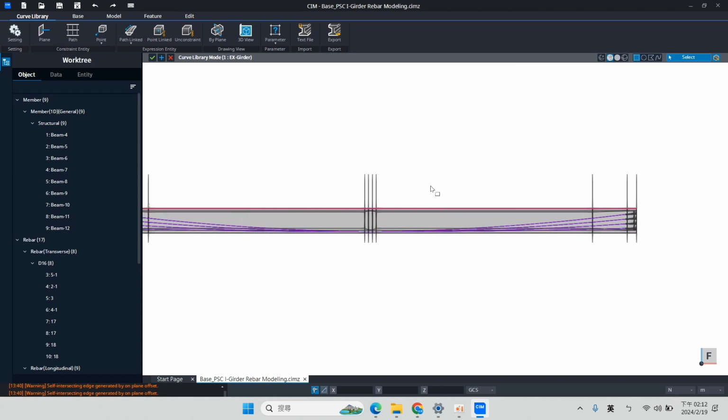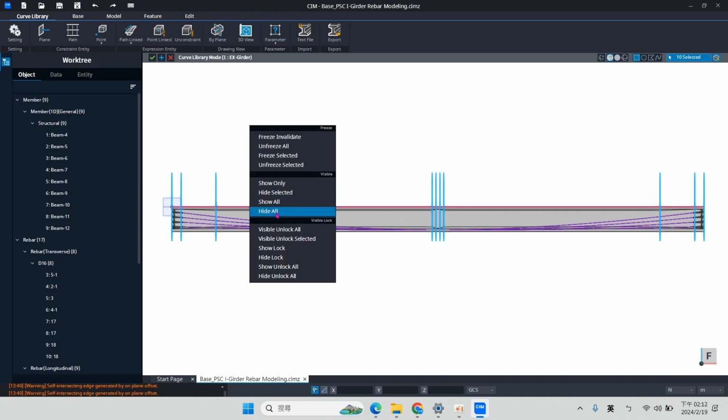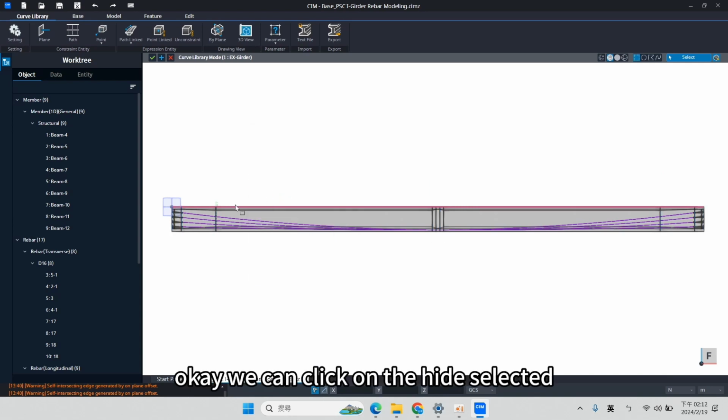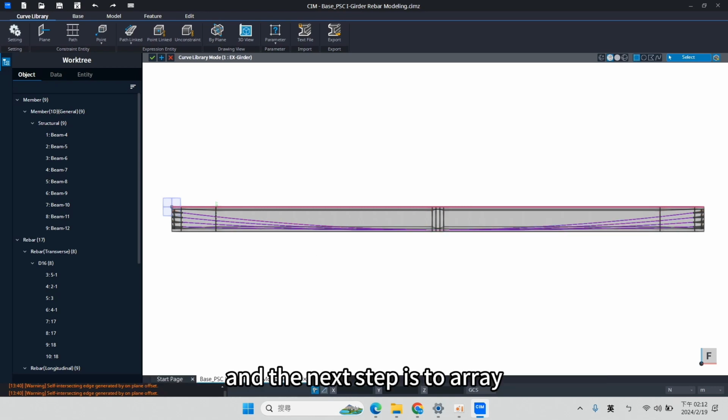If you want to see it a little bit, you can click on hide selected, and you can see the rebar and the tendon here. The rebar is only in this part, and the next part is to array those rebar to the whole model.